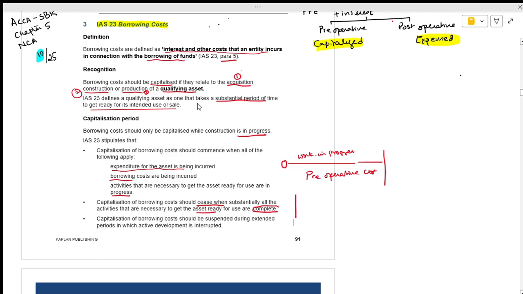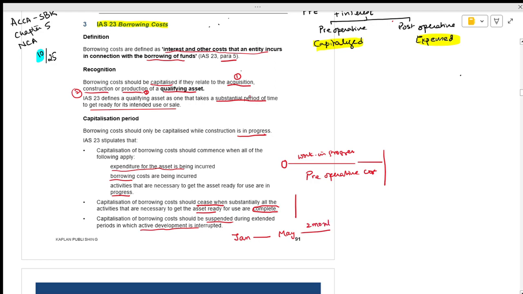We have to draw the line. Now what happens? Capitalization of borrowing should be suspended during extended periods in which active development is suspended. What happens? You have started in the month of January. It has been done till the month of May, but due to some conditions, for the next 2 months, the things